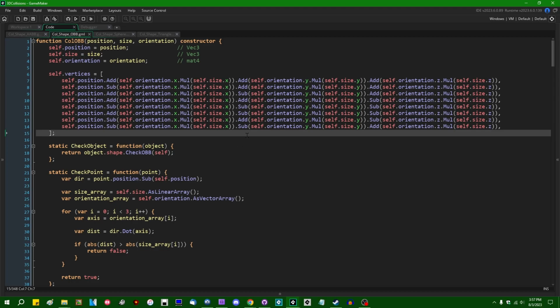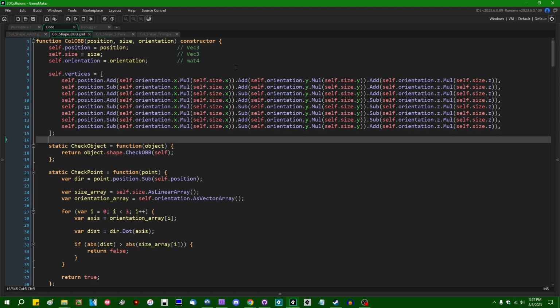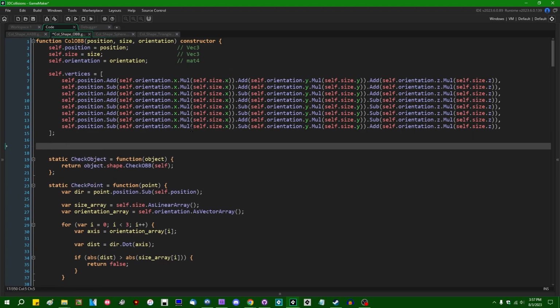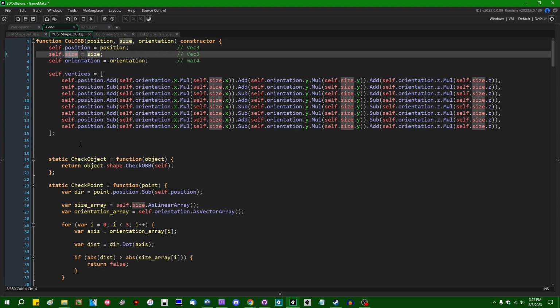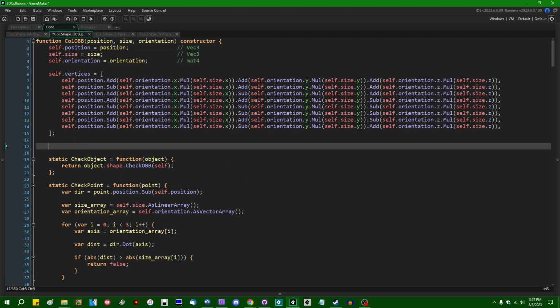so if we switch over to caching this instead of doing all that work every single time, performance will be improved, but you will have to remember to do one additional thing, and that is: what happens if the position or the size or the orientation of this OBB changes at any point, which is in fact what is happening in this system when I'm moving the shapes around, and which is what will most likely be happening when you actually use this in a game and you have objects that are moving around. And